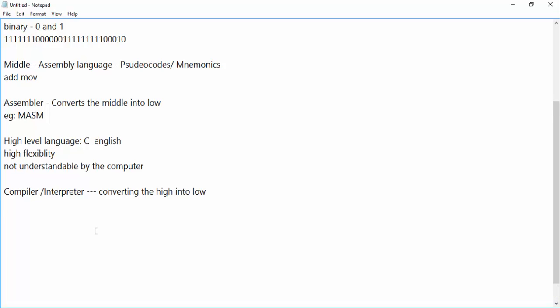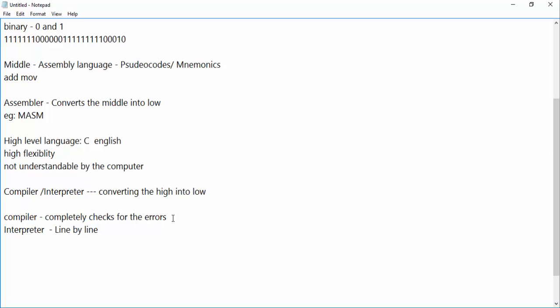But there is a small difference we have to observe between a compiler and an interpreter. A compiler completely checks for errors. For example, if you write source code and there are zero errors, only then will your compiler convert your source code into the binary-level language. Otherwise, it doesn't go for converting. Whereas the interpreter goes for line-by-line checking. If your source code consists of three errors, the first error located at the second line, the second error at the fifth line, and the third error at the eighth line,